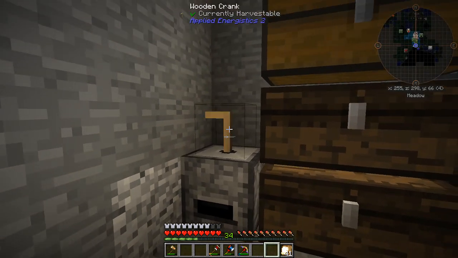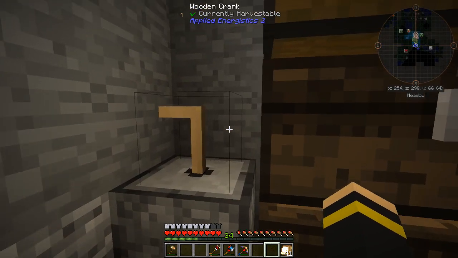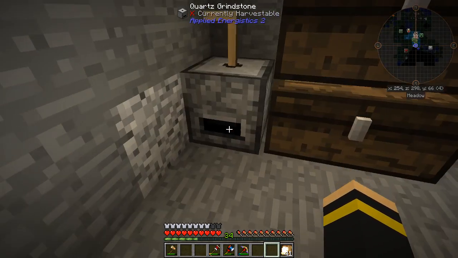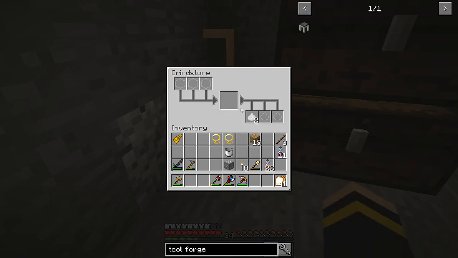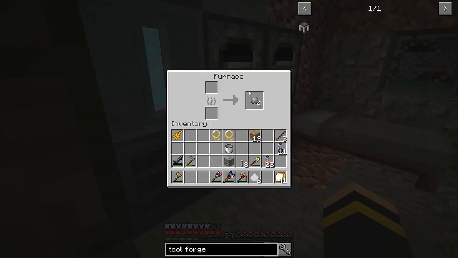And then to place this in here, don't target the grindstone itself. You're either going to want to target a block like I did behind it there, or you can sneak by holding shift and then place it on there. But anyway, now that we've ground that tin ore, you can see that we have 2 tin dust. And what that is going to do is